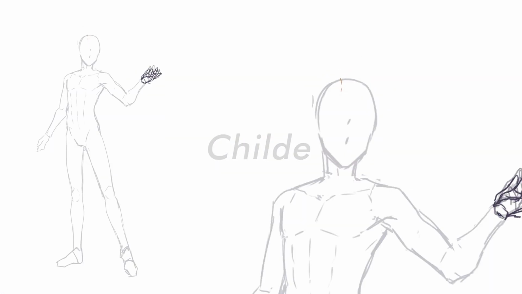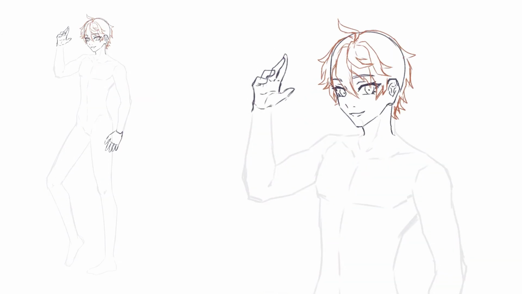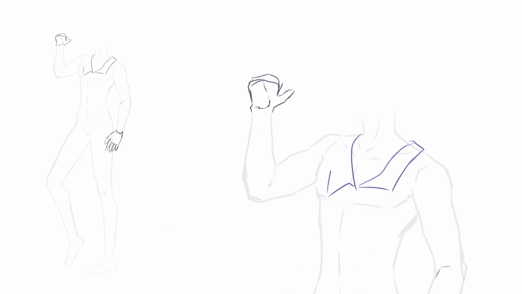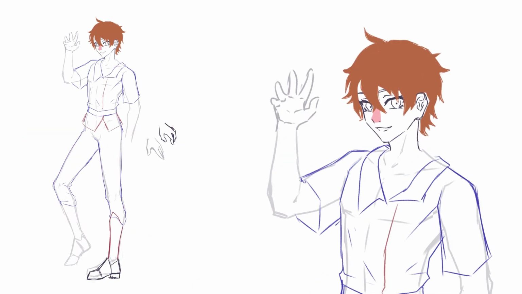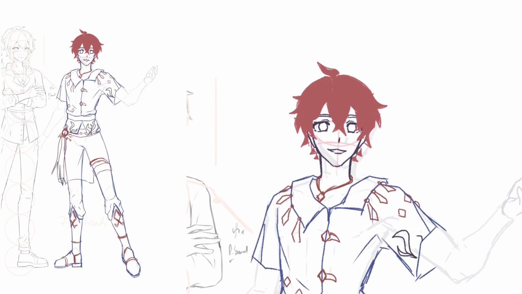And after Zhongli, the next member is Child. For Child, I went with more outgoing, expressive poses, one from the front where he had his arms stretched out and one from a 3/4 view with the other arm stretched up. Compared to Zhongli, his feet are much farther apart, for example. For the front pose, the head and shoulders are at a pretty straight angle, whereas for the 3/4 view,